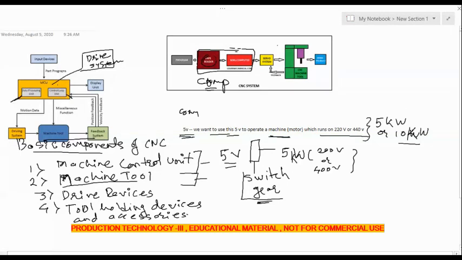One is your part program, that is software, which takes instruction and converts the signal into the on-off signals for different motors. Different drives are given, and when these different drives are to be operated, they cannot be operated directly by 5 volt to 200 volt. Therefore there is an interface system, and this interface system is called switch gear.